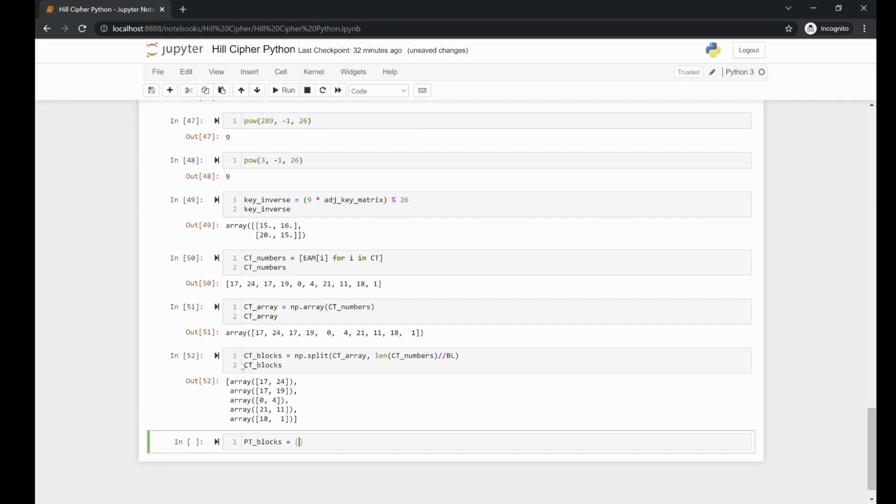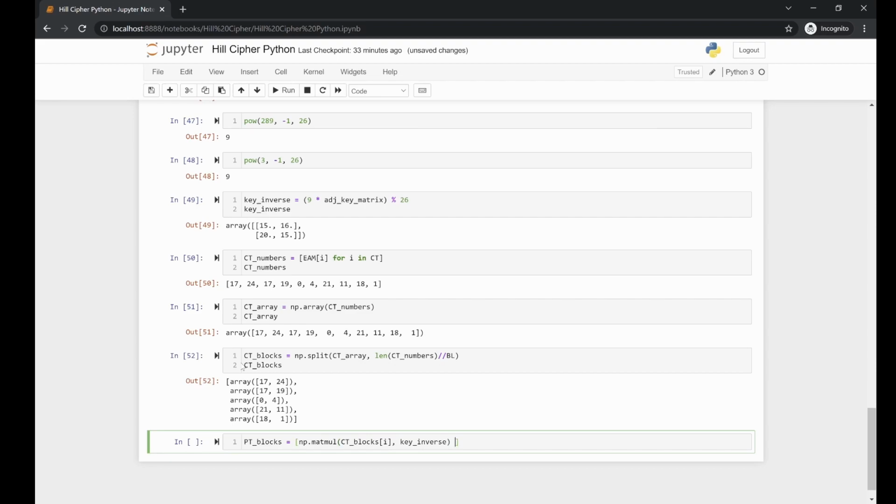So we define a new variable. It's not new, but we pretend it's new. Again, matmul ct blocks,